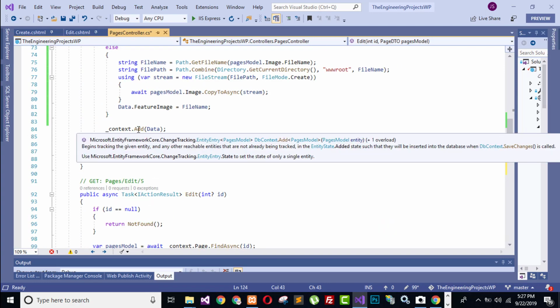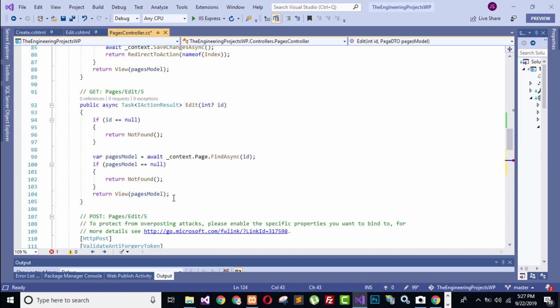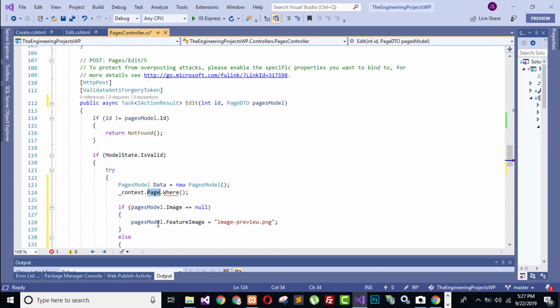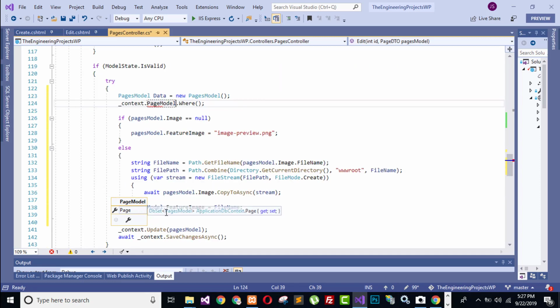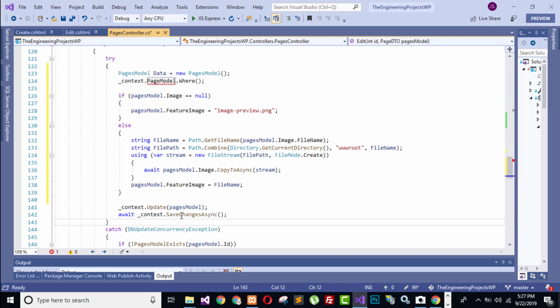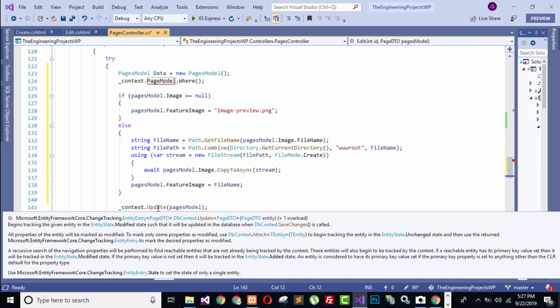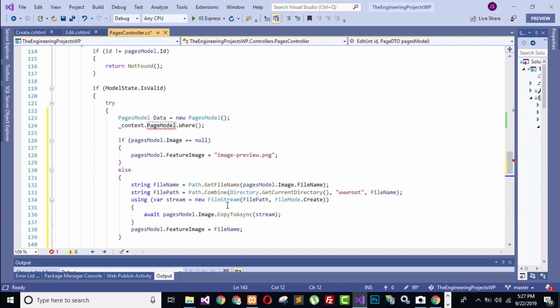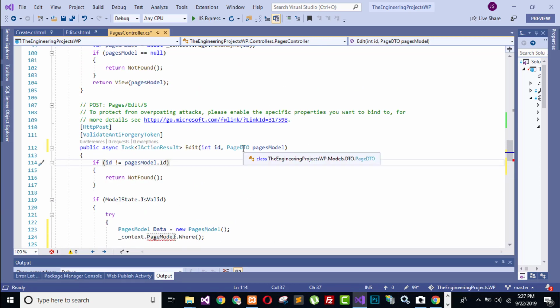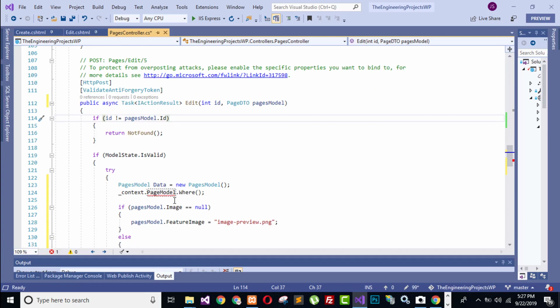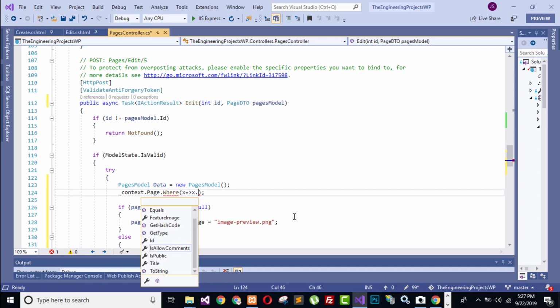So we have page model, or whatever this scenario is, page model first. Okay, we are adding that into the page where x lambda x dot id is equal to this id,